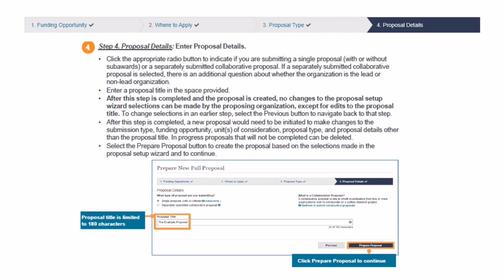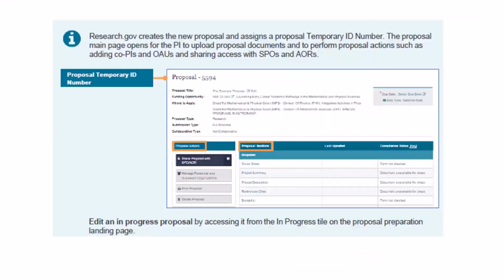And once you have that ready to go, you can click that Prepare Proposal button. Once again, please note that no changes to the proposal setup wizard selections can be made after you click that Prepare Proposal button, except for edits to the proposal title. Anything that was entered wrong or needs to be changed, or things just aren't lining up the way they were whenever you create the proposal, that would have to probably be a deletion of the proposal and starting a new